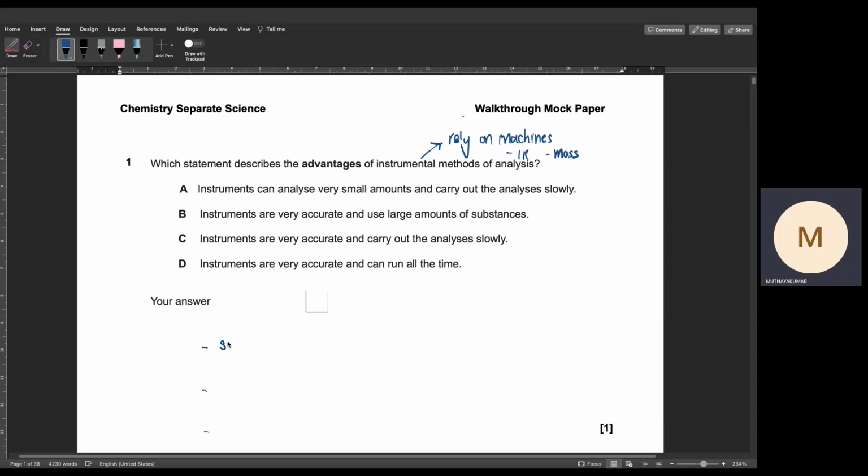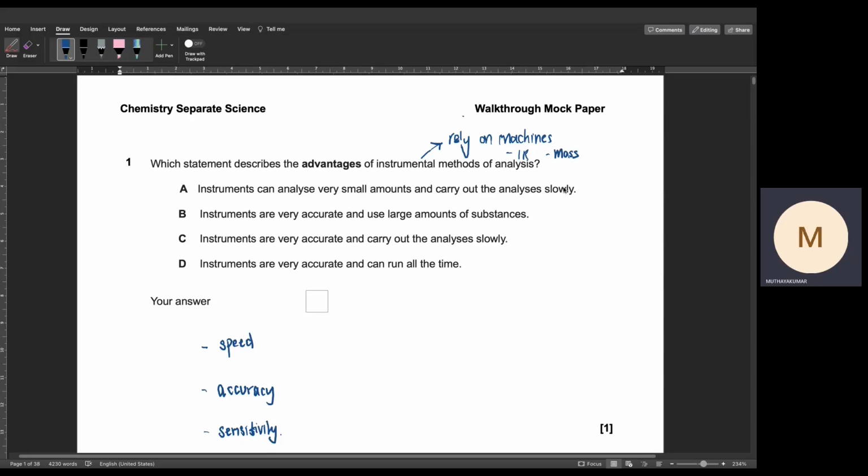First, improved speed. They are much, much quicker. The second thing is improved accuracy. And thirdly, they're far more sensitive, so improved sensitivity. By sensitivity, what I mean is they can detect very small amounts of a substance given a very small amount of sample. So if we look at our options, option A, instruments can analyze very small amounts, true, and